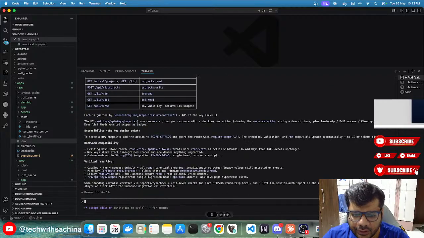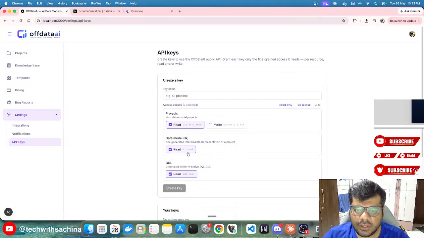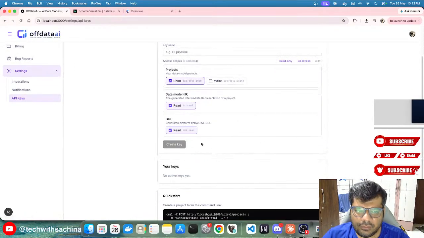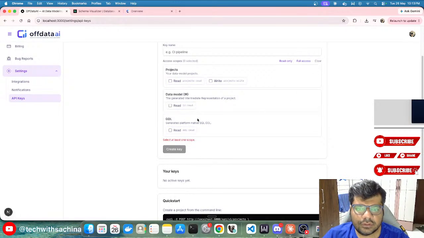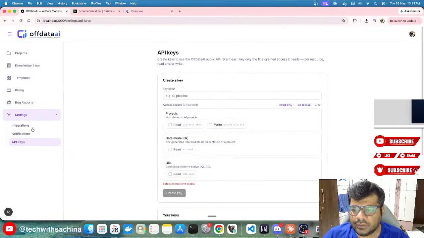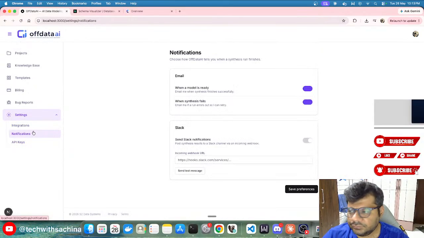So let's now check the keys. Yeah, this is how I wanted it to be. But we can add more basically. Full access, read only. So we can give only the read access as well. This is fine enough for now.